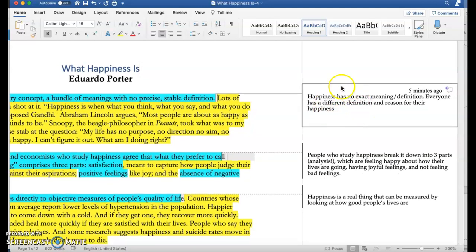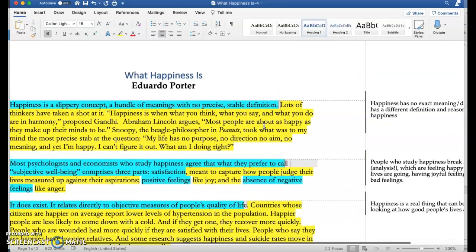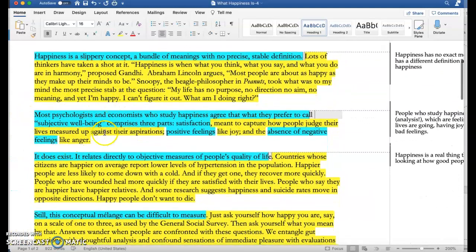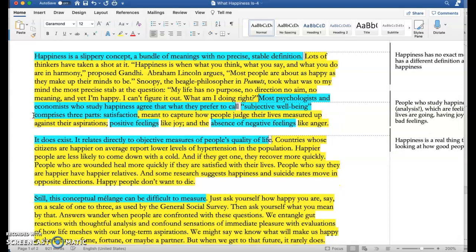So I've started the process of taking what the author said and putting it into my own words. I'm going to do this a couple more times so that you can see this process. Here's an example in this second paragraph of the author making his thesis statement a separate paragraph from what I think of as the introduction. In other words, if this essay were following the directions that I give you as a writing teacher, it would look like this. It would open with, in this case, a hook that is a bold statement maybe, and then